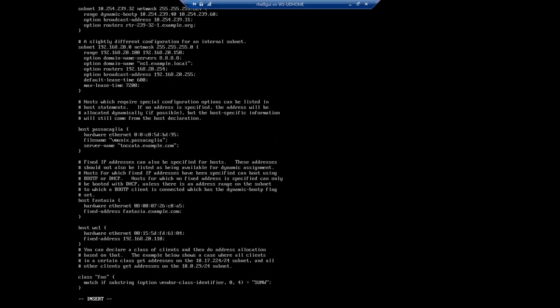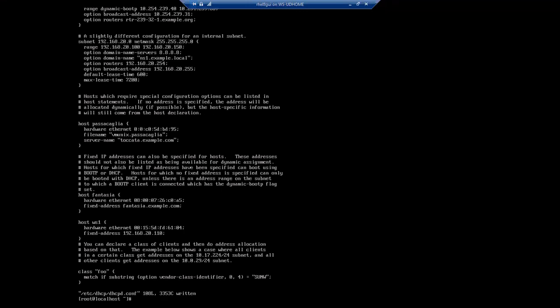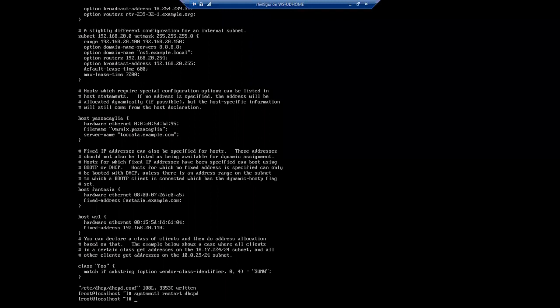Okay, so if I do this configuration, let me check what will happen. Then I have to restart the service, systemctl restart. Once you restart, then everything is fine.